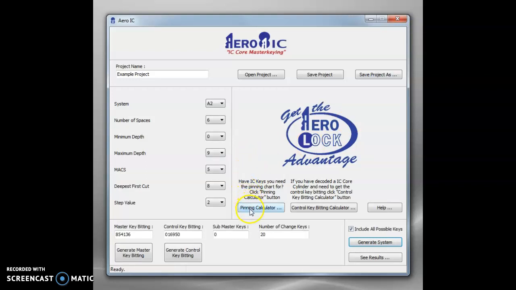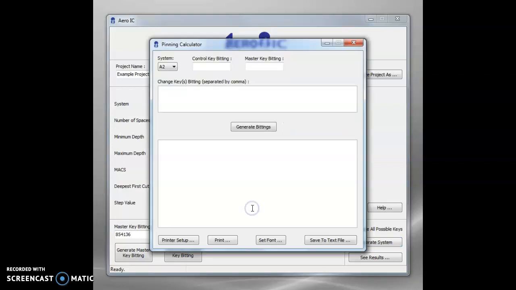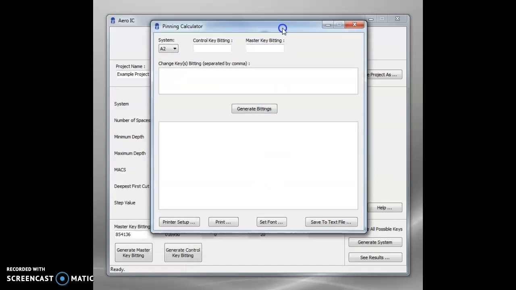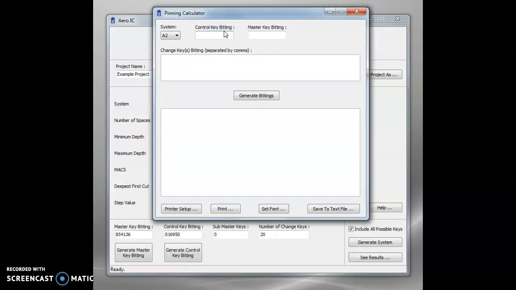I want to go over real quick the pinning calculator here. It does not do mason keying. So if you need to do mason keying, which is like a common door, let's say a lunchroom or something that all the different change keys need to operate, what you're going to want to do is put in the control key bidding, which is